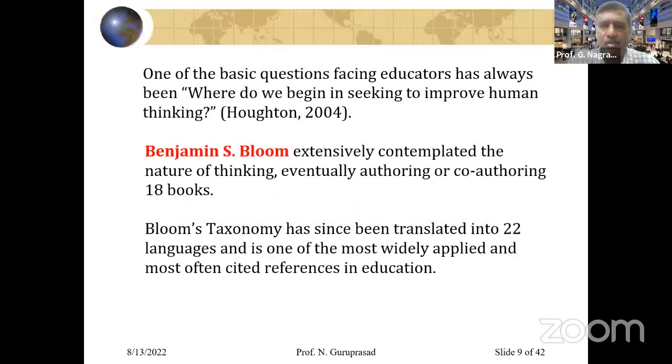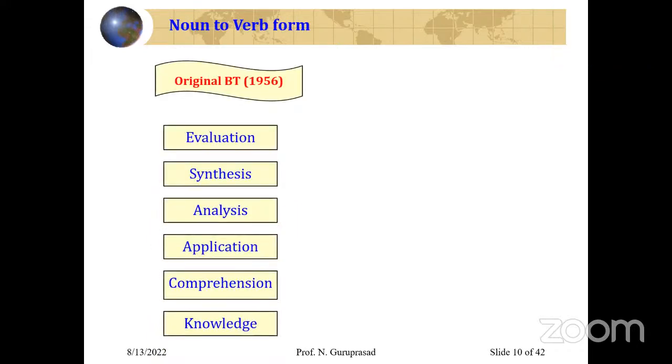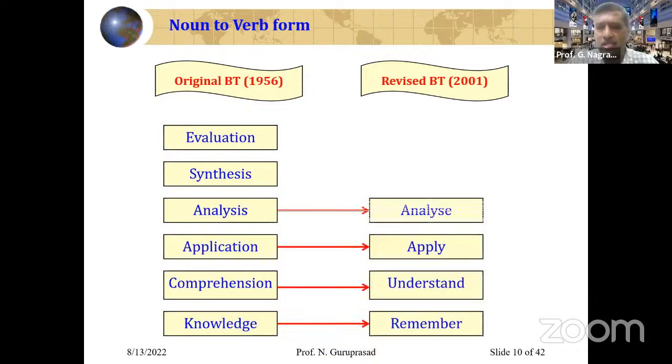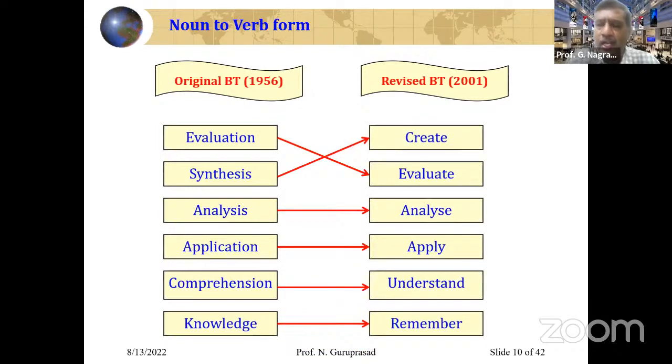Just a quick glance at Bloom's taxonomy. As you're all aware, it has been translated into 22 languages, and Bloom's taxonomy is one of the most widely applied and often cited references in the field of education. And there is a transition in this Bloom's taxonomy. Originally, it was in the form of nouns, which came way back in 1956. And there are 6 levels of Bloom's taxonomy, which was further revised in 2001, and it was called